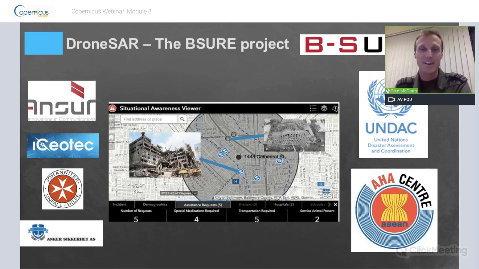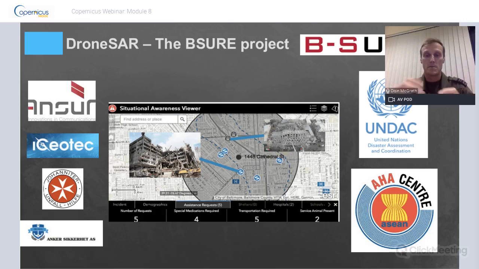So the BSURE project is a collaboration between a number of European countries. We have Ansor Technologies, who have a very clever ground-based application for smartphones to allow people to report in real time during disasters. iGeotech is an Irish-based company, doing artificial intelligence and browser development. Johanniter is German. Anchor is another security company in Norway. And we've been dealing with the AHA Center, which is the Asian disaster management agency, UNDAC, UNISAT, United Nations.